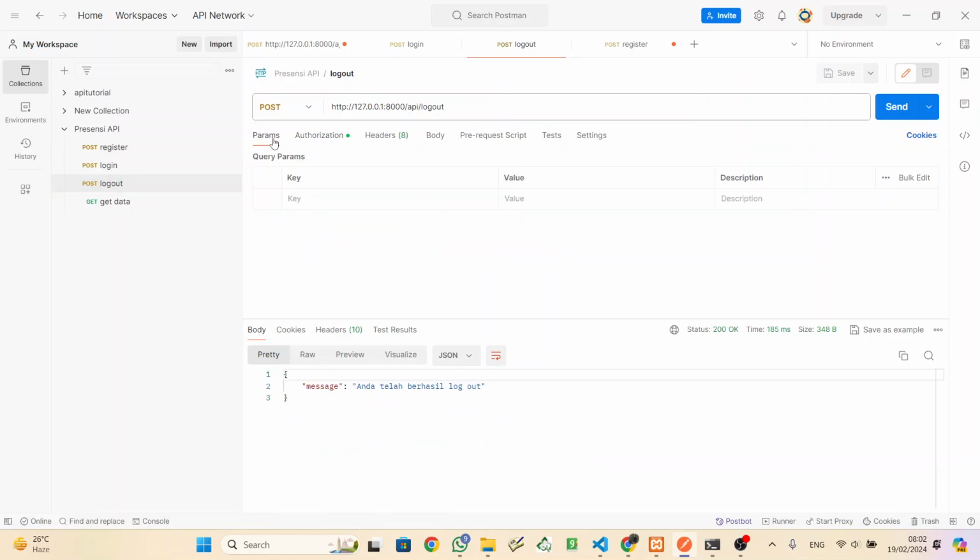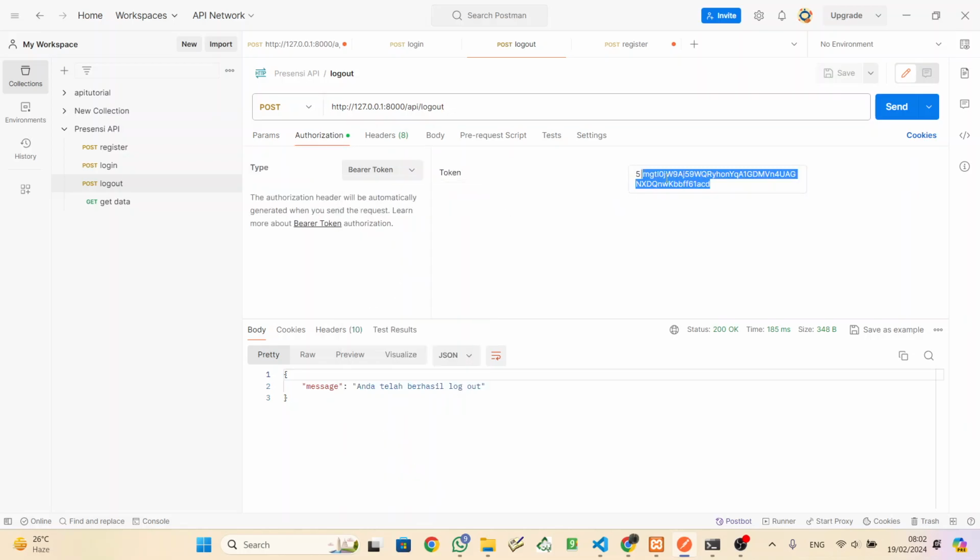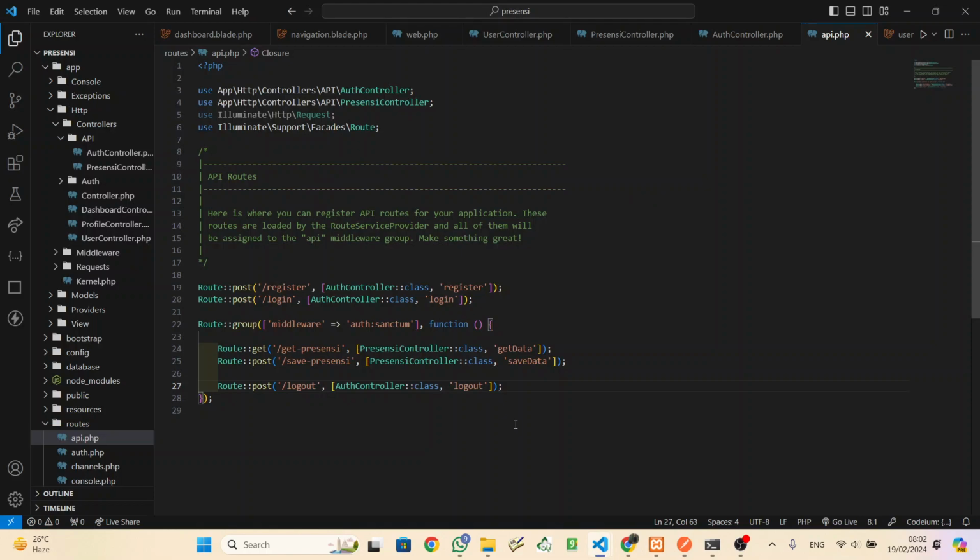Then here, don't forget to put this link, and then go to the authorization, choose the bearer token, and then paste the token here, and then body is none, and send it. Now this message appears. When this message appears, the logout API works.